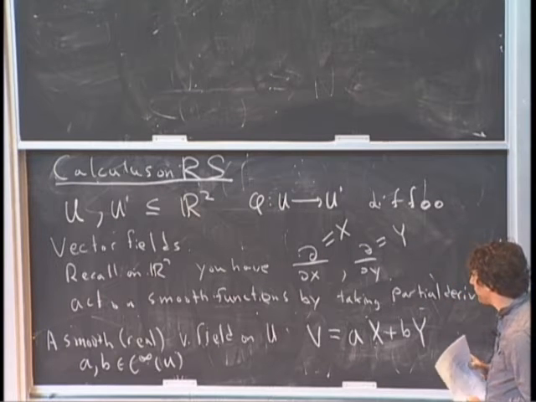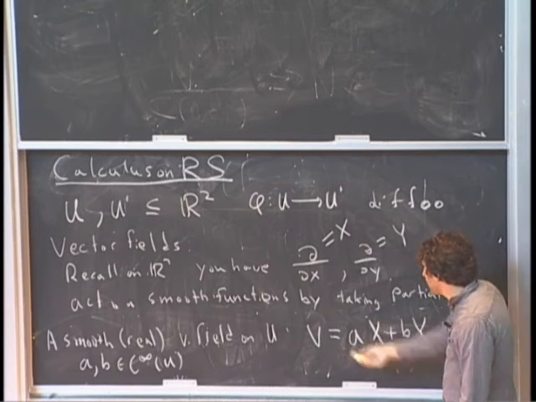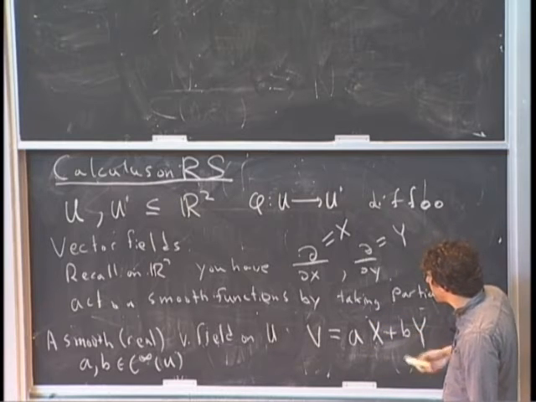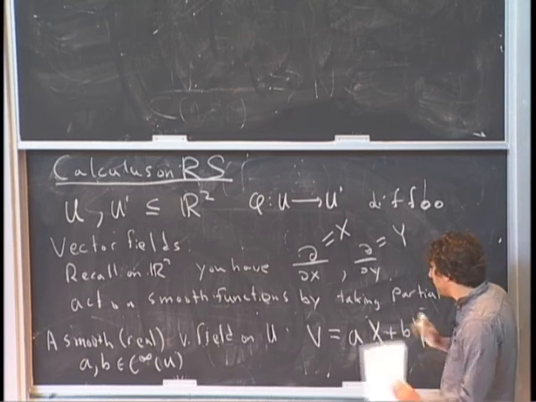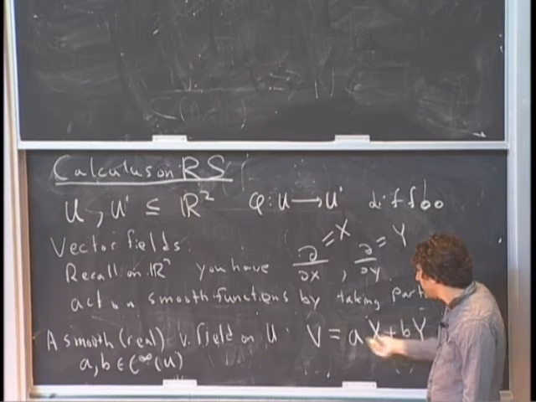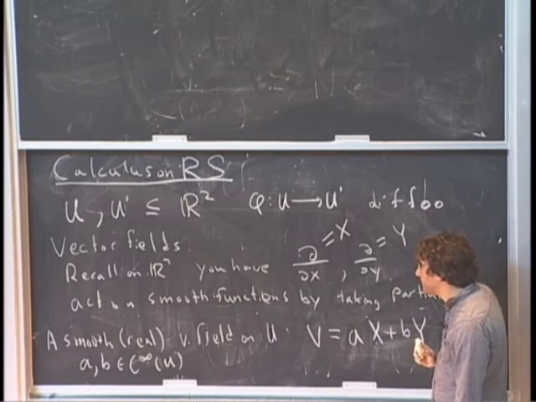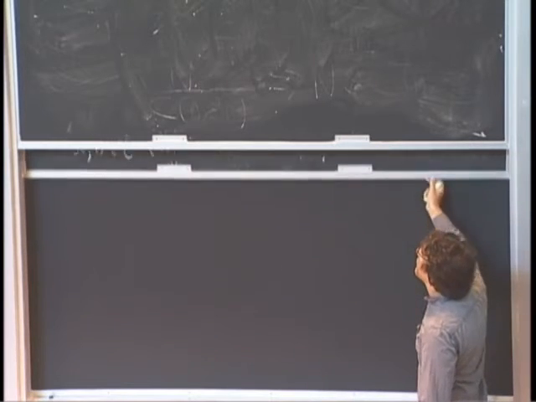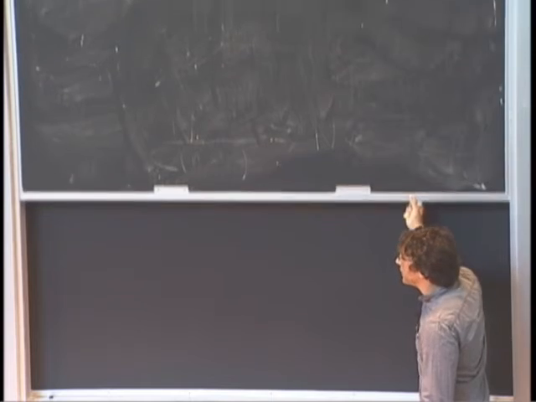Okay, so the point about this is, of course, the space of all of these is clearly an infinite dimensional vector space, where you can add two vector fields together and multiply by smooth functions, and they act in the obvious way on a smooth function. So to make sense of this sort of invariantly, we need to